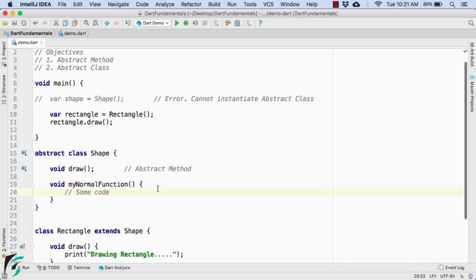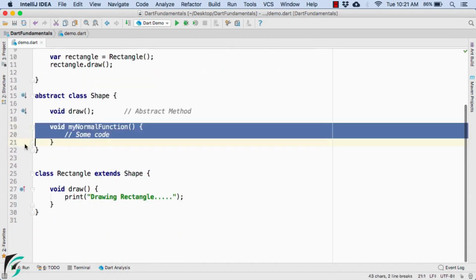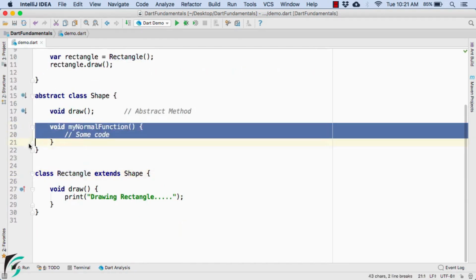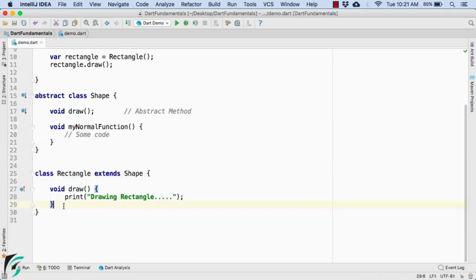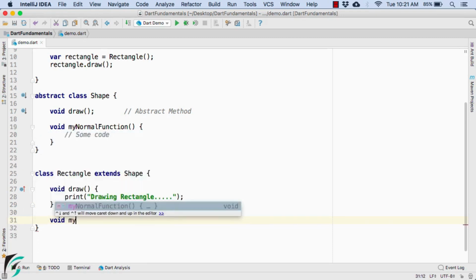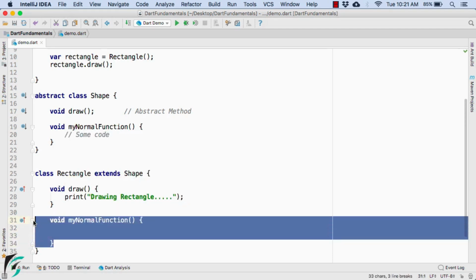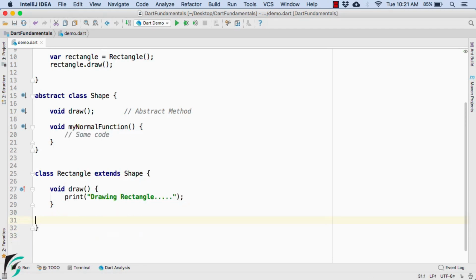And similarly, you can override this function within the class of rectangle, but it is optional because this is a normal function, so you may or may not override it here. And in case you decide to override it, then use the same syntax to override a method, such as my normal function. Perfect. Since it is optional, I will now remove it. There is no need here.